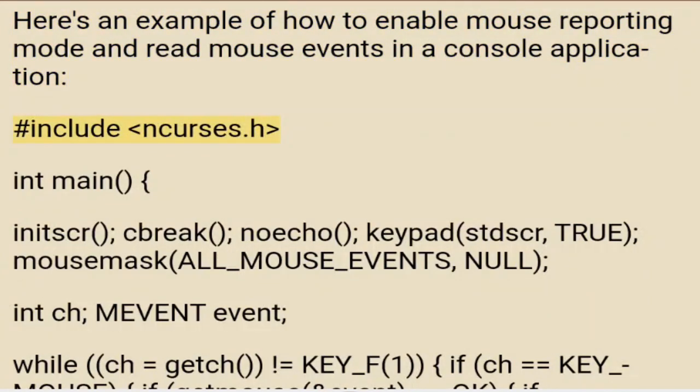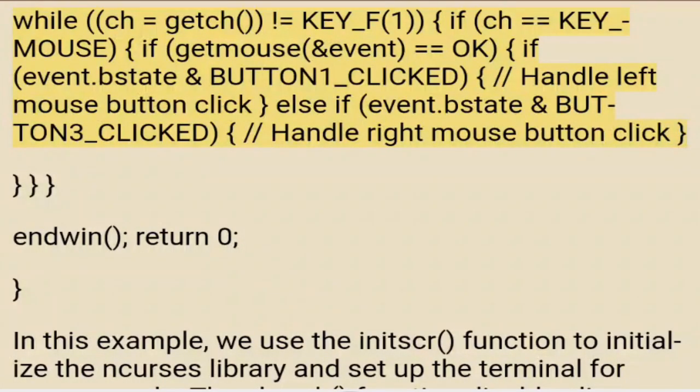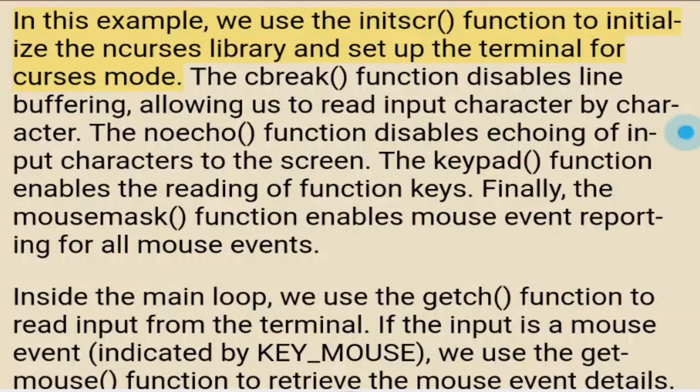#include <ncurses.h> int main() { initscr(); cbreak(); noecho(); keypad(stdscr, TRUE); mousemask(ALL_MOUSE_EVENTS, NULL); int ch; MEVENT event; while ((ch = getch()) != KEY_F(1)) { if (ch == KEY_MOUSE) { if (getmouse(&event) == OK) { if (event.bstate & BUTTON1_CLICKED) { // handle left mouse button click } else if (event.bstate & BUTTON3_CLICKED) { // handle right mouse button click } } } } endwin(); return 0; }